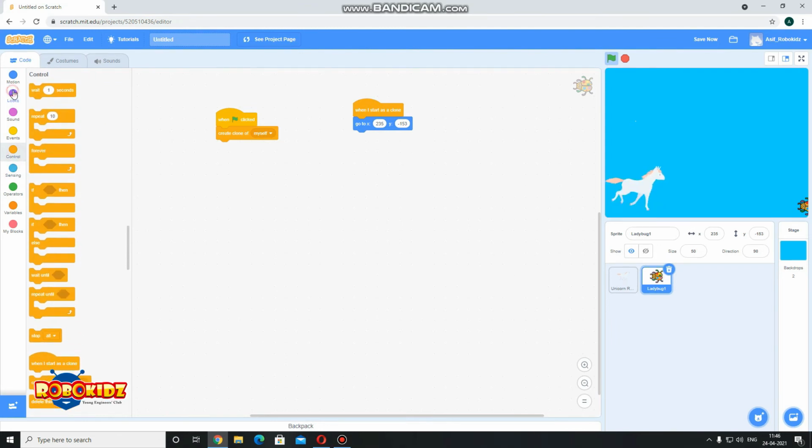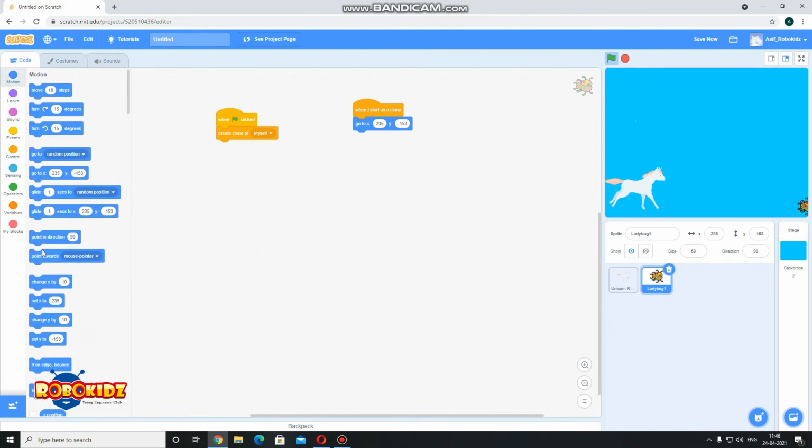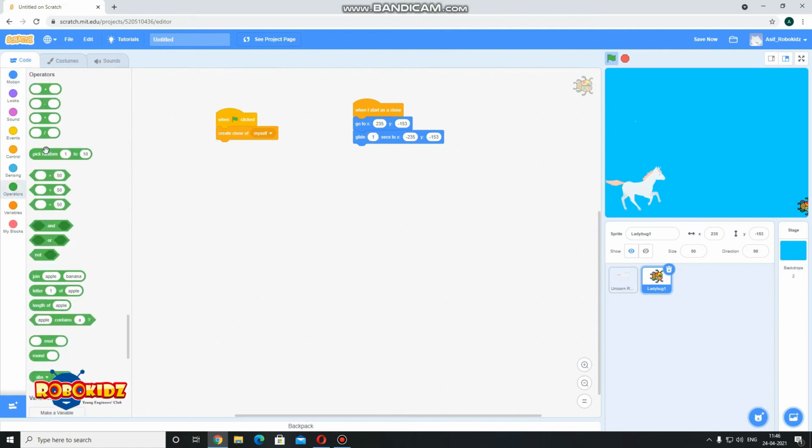Now how it will glide, we'll go to the motion, we'll take the glide to certain position block here, and I'll change the X to minus 235, and here the 1 second I want this to be random, so I'll go to pick random, and here I'll keep it anything between 2 seconds to 3 seconds.